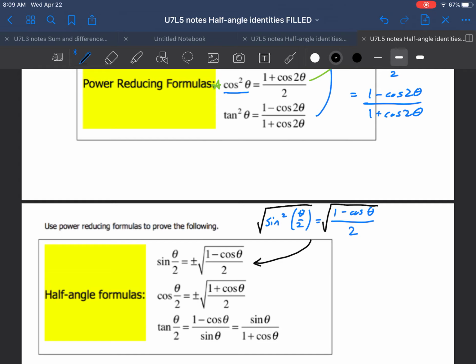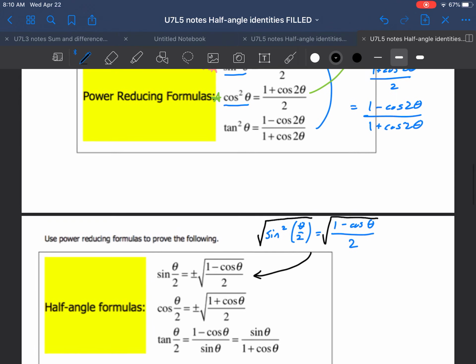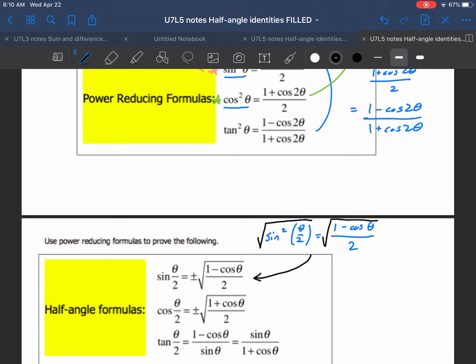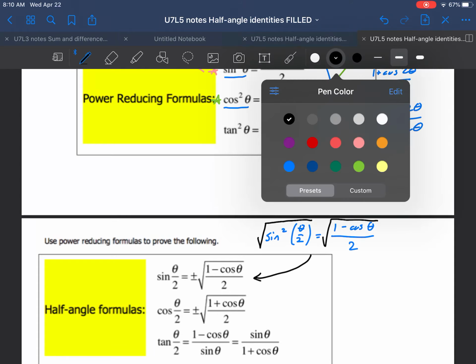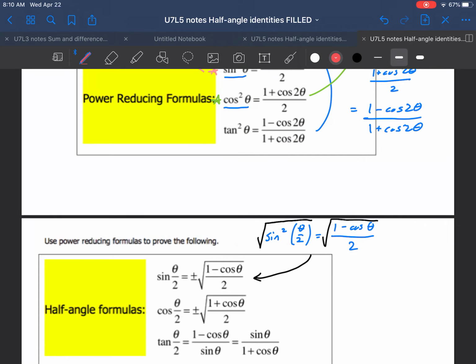Same way for cosine, and for tan, it's a little bit more complicated, right? Tan theta over 2. Let's look at that one too, I guess. So I'll use maybe like this. So let's use this color. Okay. So if I take this